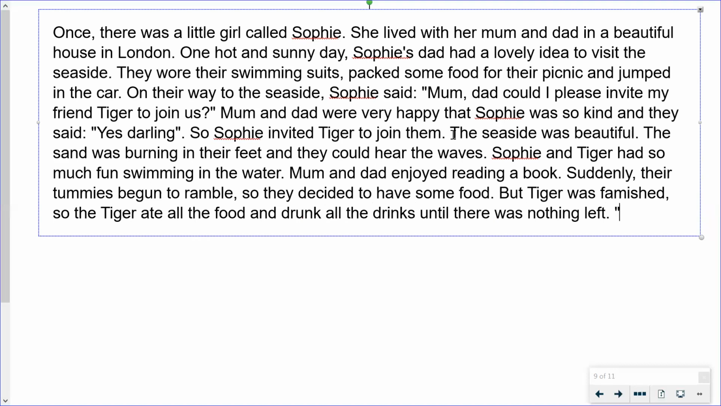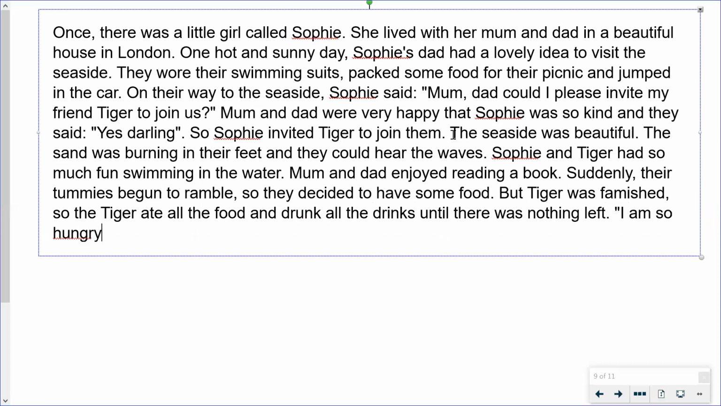I'm so hungry, Sophie said. I am so hungry, Sophie said. So, Dad, what was my problem? Do you remember before I carry on? Well done, that the tiger ate all the food again. So here is my solution to my problem. Dad actually thought to go to the fish and chip shop. So let's write that. So Dad